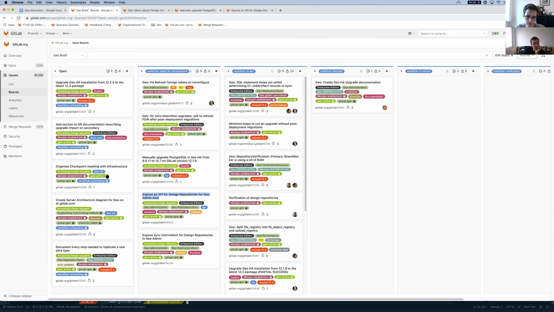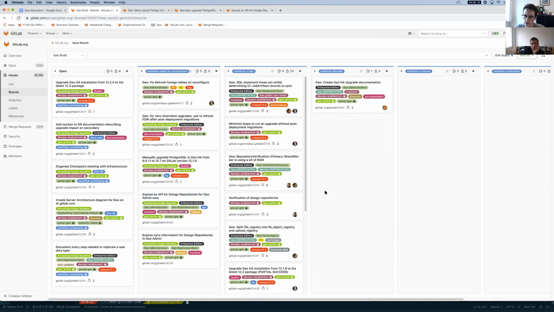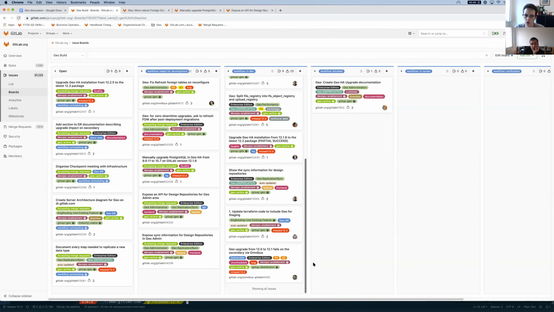And then those two items here are already to do with the next steps for Geo on .com. So one is the server architecture diagram for Geo, which I think we should do. I think you've done, or maybe done something. I'll go over it again after the call, but I think we can mark that one as done, because between Ash and Devon, they created one that does look like what we're currently thinking,